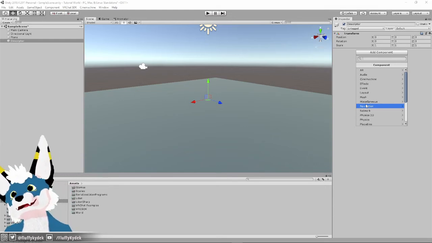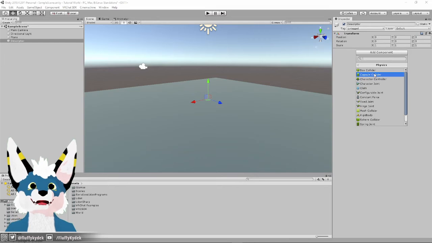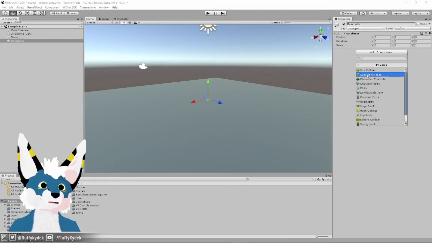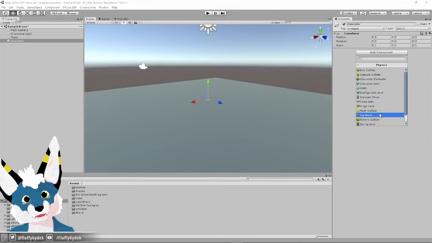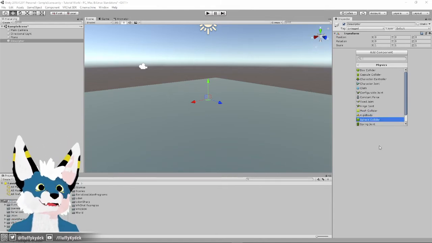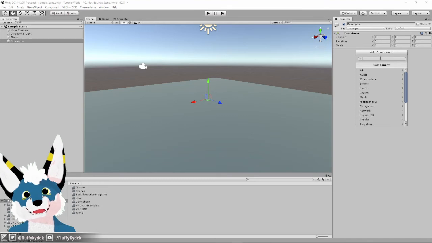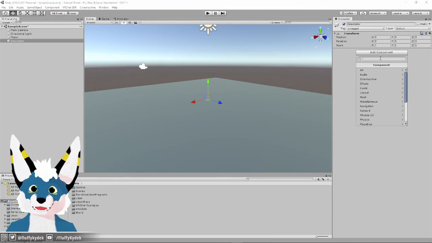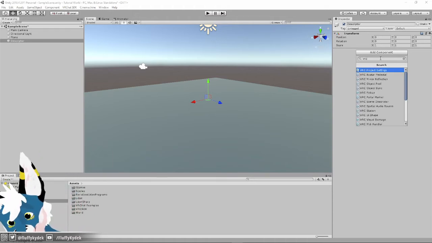And then if it's a physics object, you could go in here and go to physics, and you can give it a collider, which lets it interact with things in physics. Or you could make a rigid body, which makes it fall and bounce and do all that kind of stuff. You're adding components to objects to make them more interesting or more complex. They're the elements that make up that object. In this case, you can say VRC